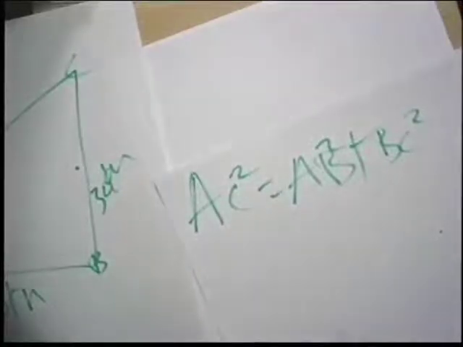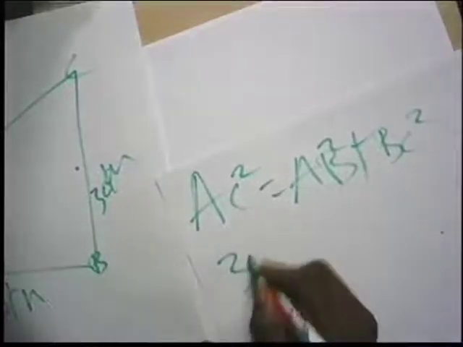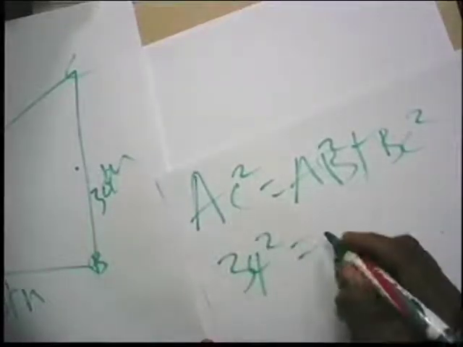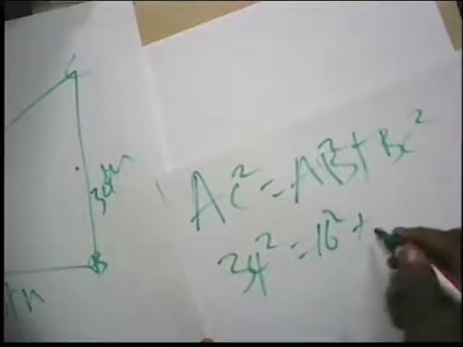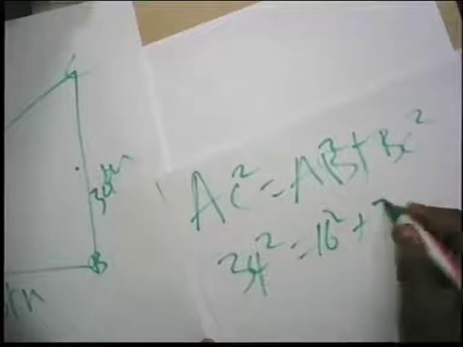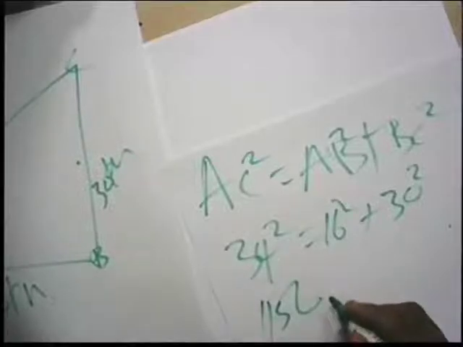So, look at our AC. What is our AC? 34 square. What is our AB square? 16 square plus, what is our other distance? That is our 30 square. When you take it out, it will give you 1156 equals 256 plus 900. When you do it together,